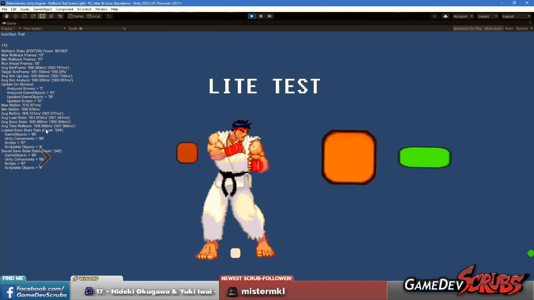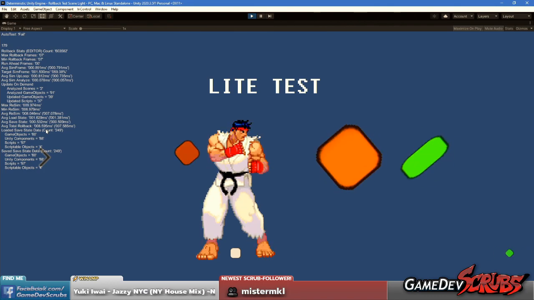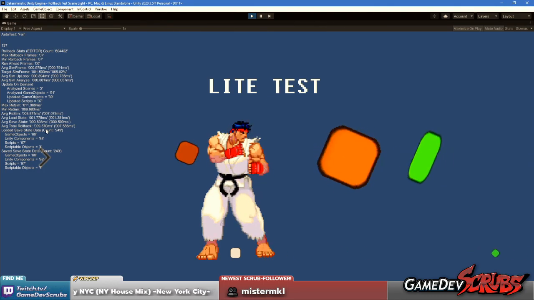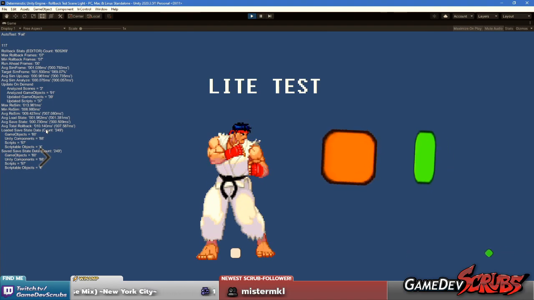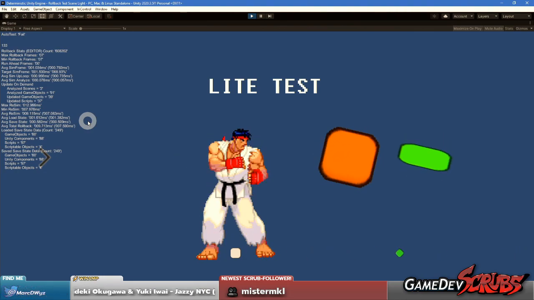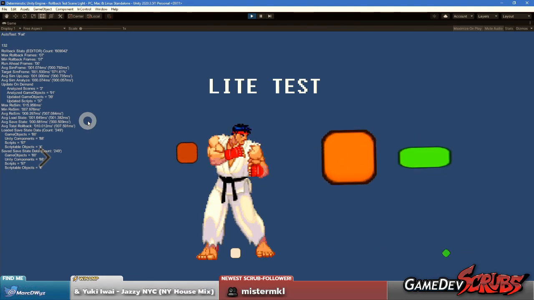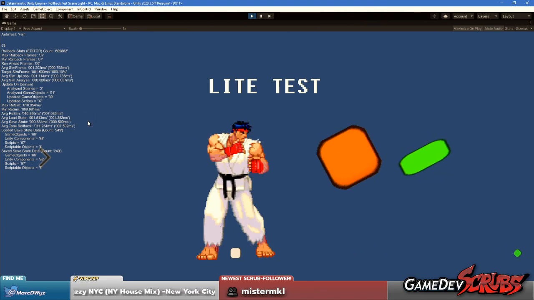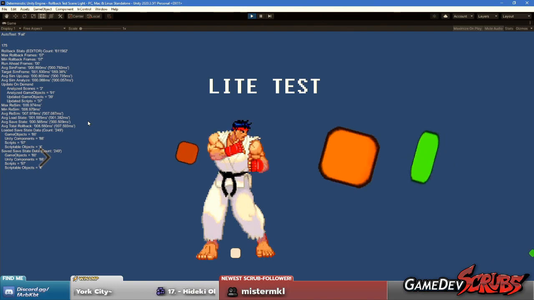So if GGPO, or whatever your rollback is, predicted wrong, we just load state like 6 or 7 frames ago, shove all the inputs in that have come in since then, and then it just replays the simulation. It resimulates back to the current time.